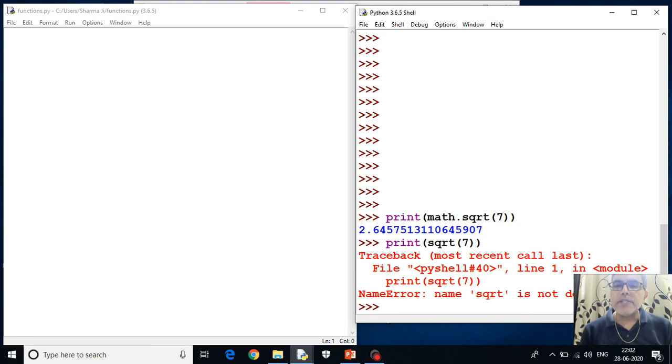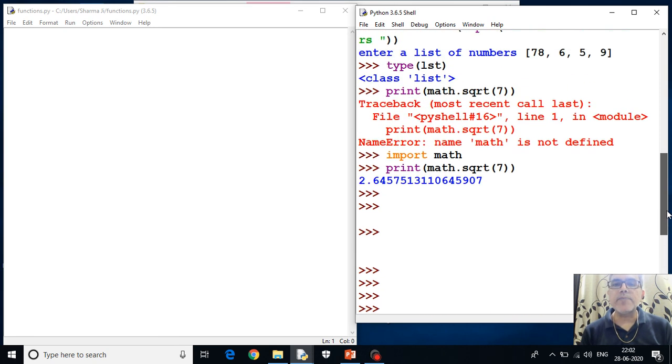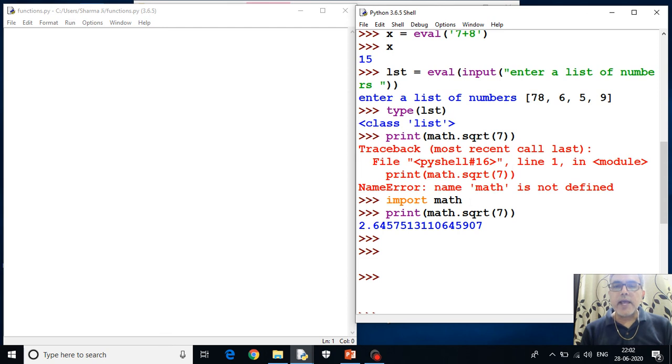And before using the function math.sqrt, you have to import the math module. I have already imported it. See, here I have written import math. If you don't import the math module and you give print math.sqrt, you will again get an error: name math is not defined. How will Python come to know where math is?